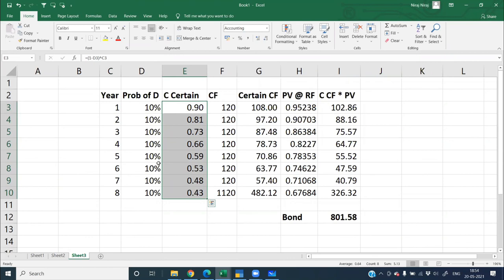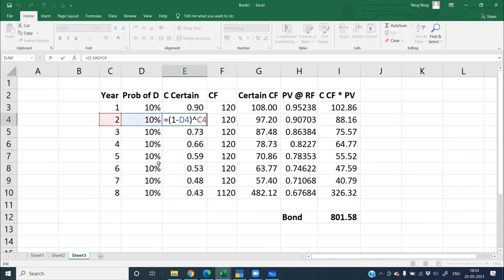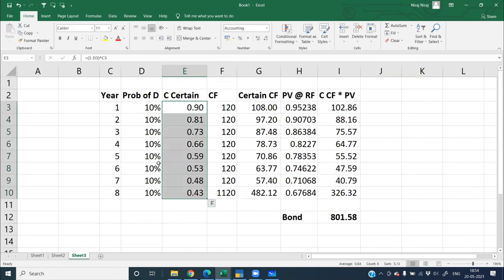So what was your not probable 10% in year 1? In year 2, it will be 10 into 10. That is somewhere around 20% is your not probable. That is why it is coming as 1 minus, it is coming at 81. Third year, it will be 10, 10, 10. 3 times you will take it year basis, then it comes to 73%. Okay, like this, I will create the certain cash flows.